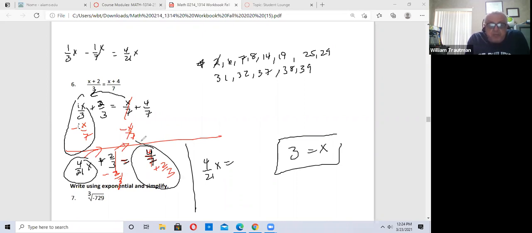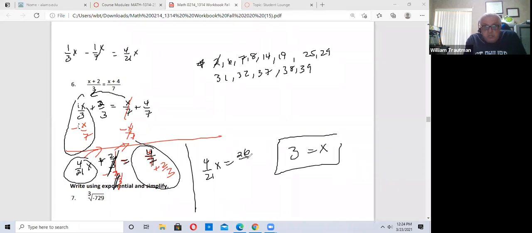This cancels out. And I just have to put 4/7 plus 2/3 on my calculator. Fraction 4 over 7 plus fraction 2 over 3. And I get